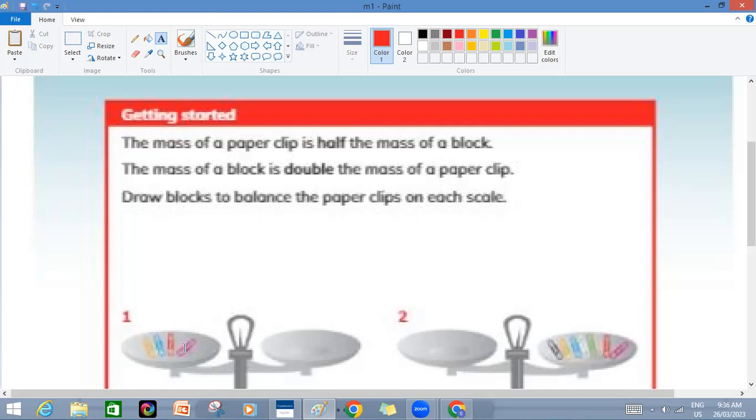First count how many paper clips are there in the first scale. 1, 2, 3, 4. There are 4 paper clips on one side. So how many blocks are we going to put on the other side of the scale to make it balance or make it equal? So here we can draw